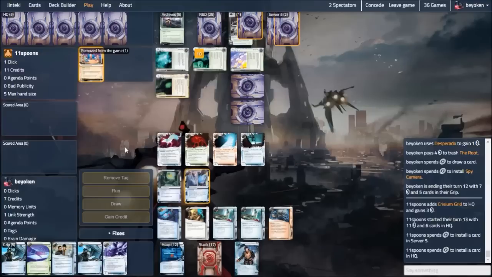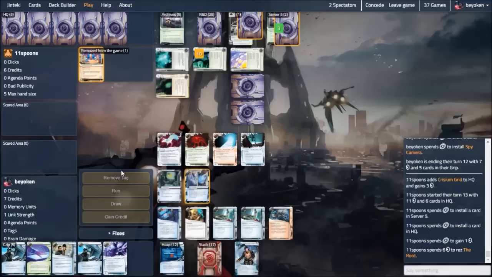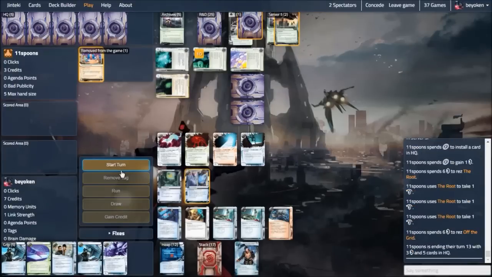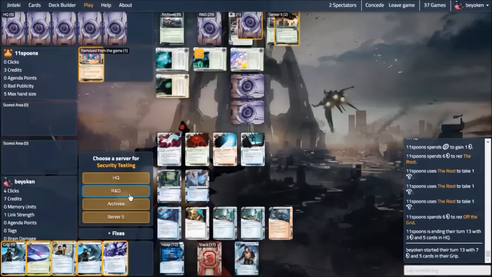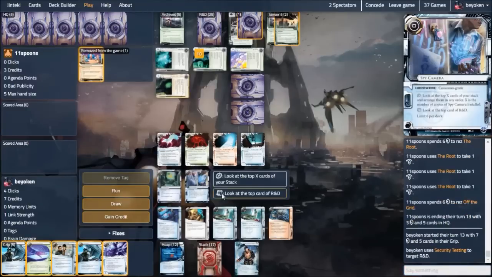That's pretty good. And it lets me see the top card of R&D, which is always nice. He continues with his remote shenanigans. This time, he gets the root off in an off the grid server. So now that I've seen the off the grid, I know what his deck is up to. He's playing Chrysium off the grid. And this is actually not...